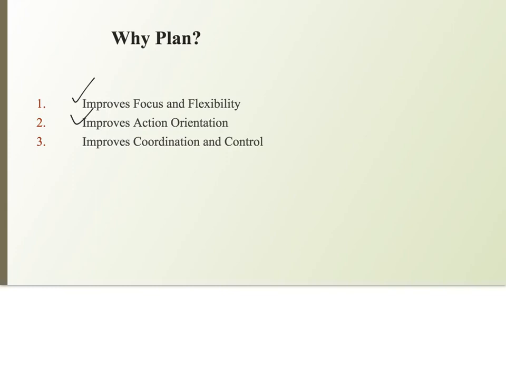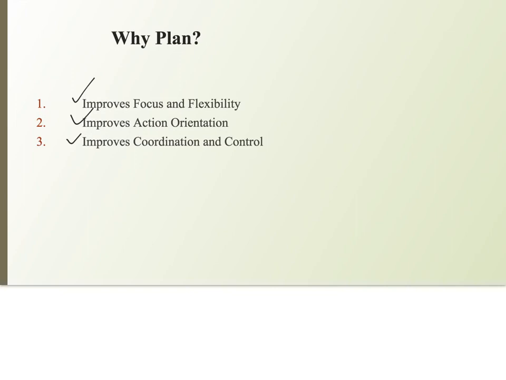Finally, planning improves coordination and control. Different individuals, groups, and subsystems in organizations are doing many different things at the same time. All their efforts must add up to meaningful contributions to the organization as a whole. When plans are coordinated among people and subsystems, there is a greater likelihood that their combined accomplishments will advance the performance of the organization. When planning is done well, it facilitates control. Good planning makes it easier to measure results and take action to improve things as necessary.